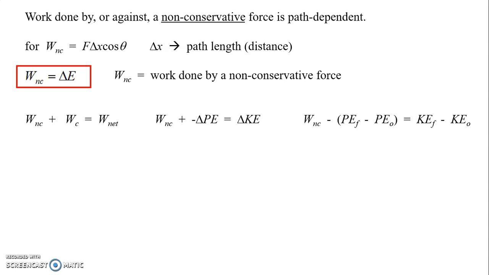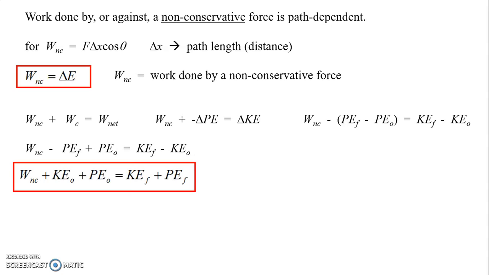On the right-hand side, we also have final minus initial. And now I want you to distribute the negative sign and play with the algebra a little bit. You can leave W_NC on the left-hand side, but then move all the initial stuff over to the left and all the final stuff over to the right. Pause the video, go ahead and do that. Okay, so distributing the negative sign, of course, just means switching the signs on those, and now move all the initial stuff over to the left, all the final stuff over to the right,